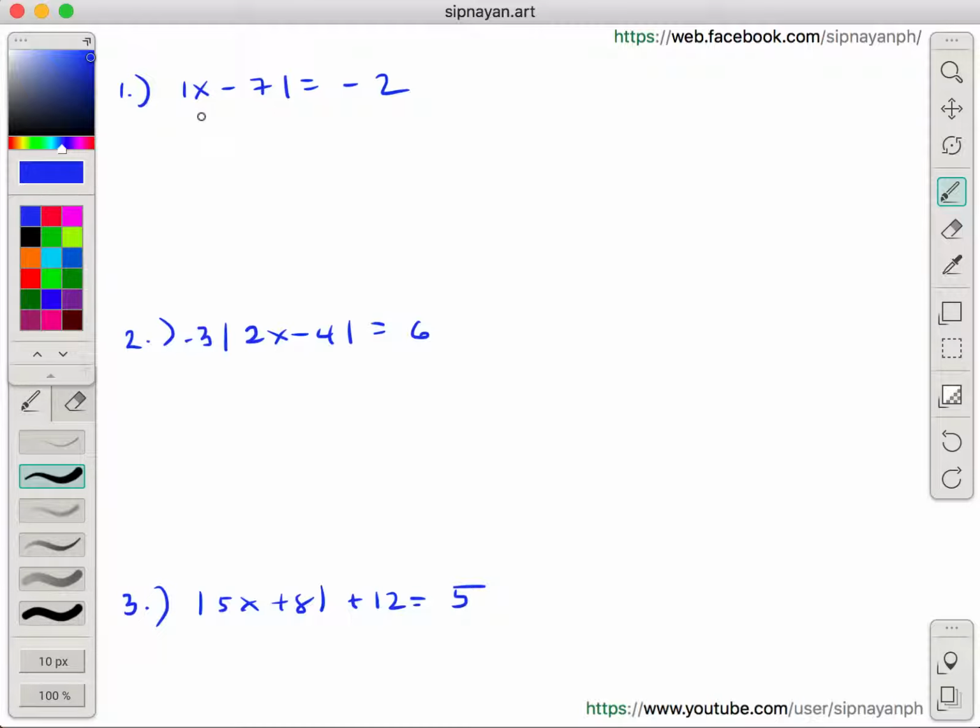We have absolute value of x minus 7 is equal to negative 2. Now, sabihin natin, the absolute value of a number is actually the distance from 0. And when we talk about distance, we're talking about it's either 0 or a positive number. And here, sinabi niya yung absolute value nitong quantity sa loob ay negative 2, which is impossible. Meaning, the absolute